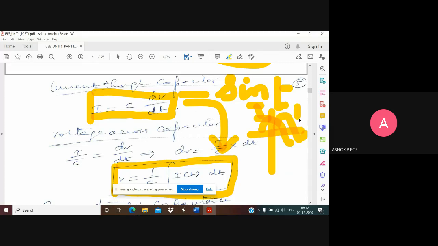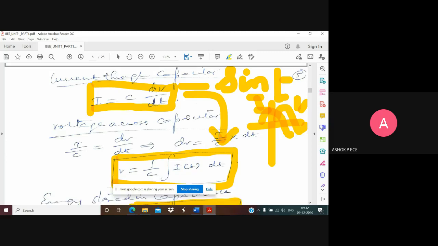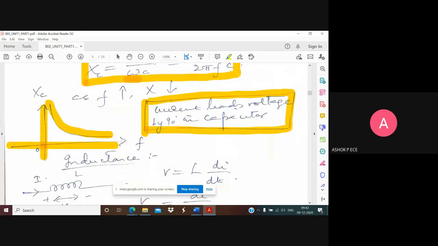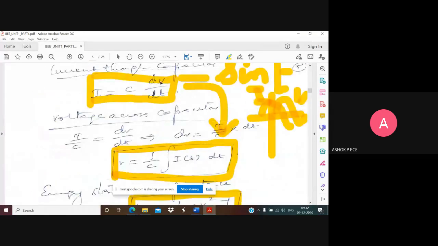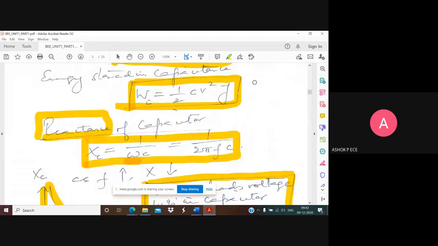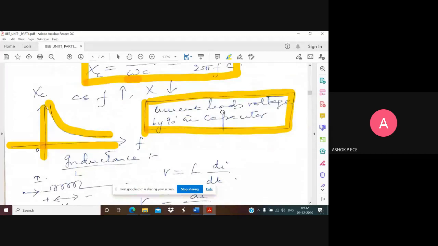If I draw the diagram, because voltage is a sine wave, current is a cos wave. So the current wave comes first. So I can say in a capacitor, current is leading your voltage. Current is coming first, then only voltage is coming. Okay. So please understand the statement clearly. In a capacitor, current leads the voltage by 90 degrees. If I take sine for voltage, I get cos for current. What is the phase difference between sine and cos? If you add 90 degrees to sine, I will get cos. If I add 90 to cos, I'll get sine. So the phase angle between sine and cos is going to be 90 degrees. So in a capacitor, current leads the voltage by 90 degrees.